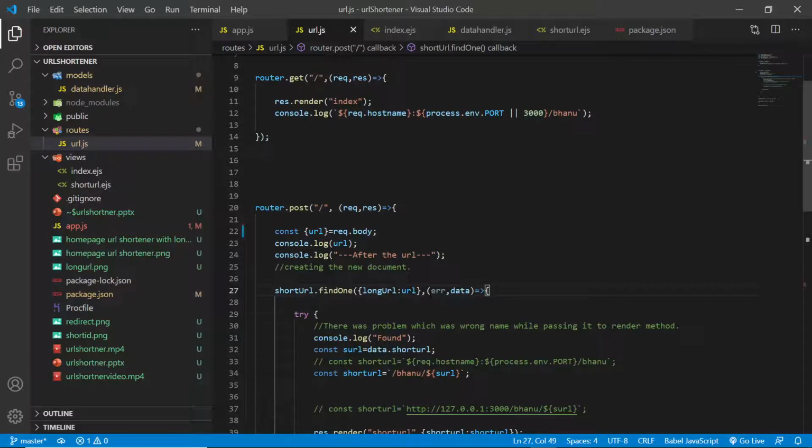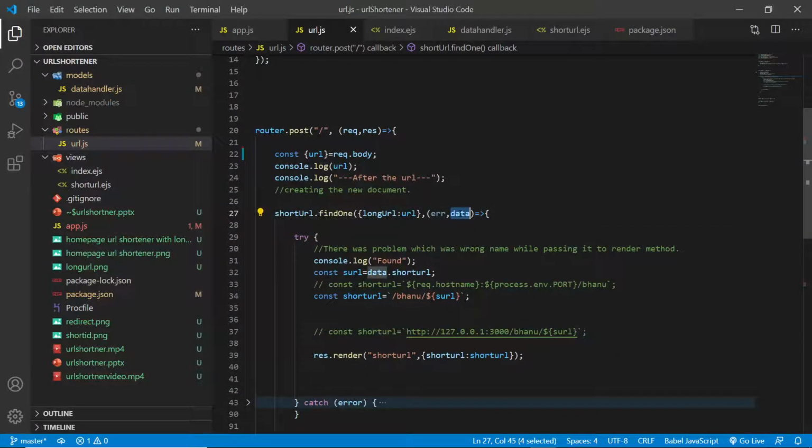We can use promises also, .then and .catch. Promises would be very good because there could be a callback hell. That's why we can use promises, which are way better than callbacks, because callbacks go on and on, they make our code very big, and even when we are reading, it won't be that good. So we can use promises. I have used this callback function. You can use promises also, no problem.